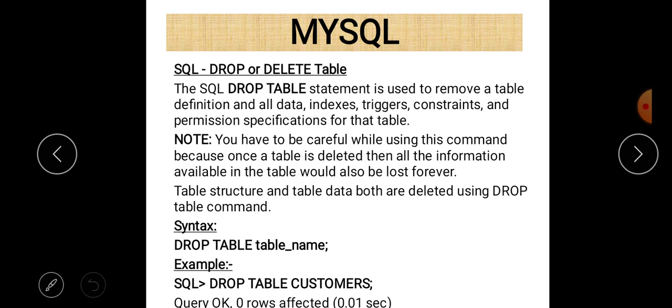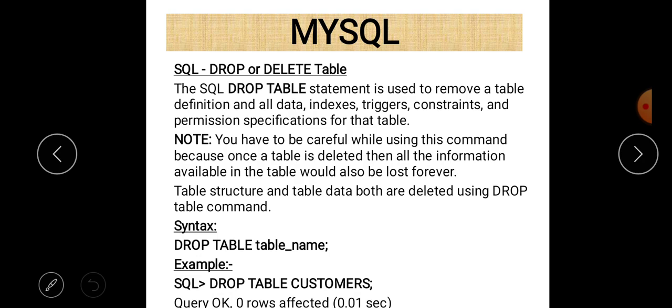So you can easily see that suppose the table named customer is there, and if you want to delete the customer table entirely, then we just use drop table customer, and that table will be deleted entirely from our computer system. Now if you want to use the describe command and we write describe customer, then we can see that there is an error because the customer table is no more in our system or in our DBMS.